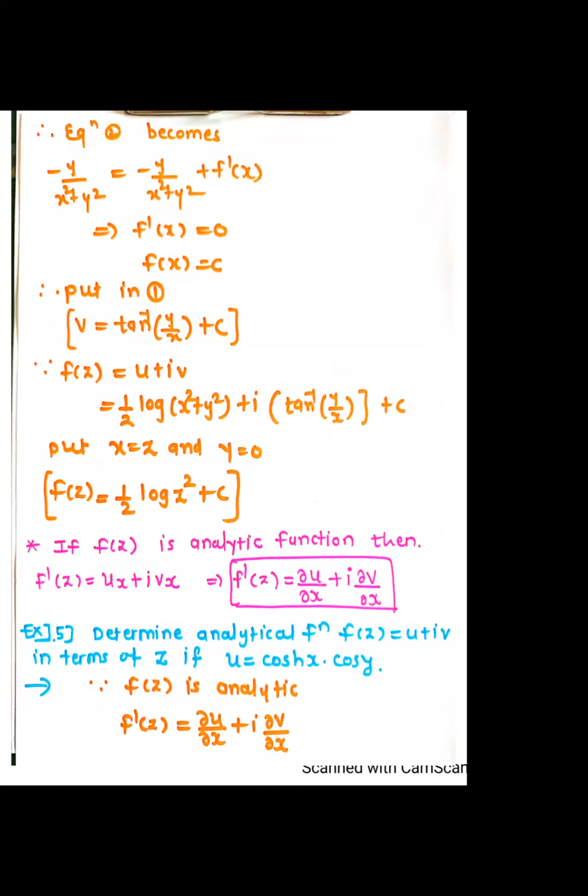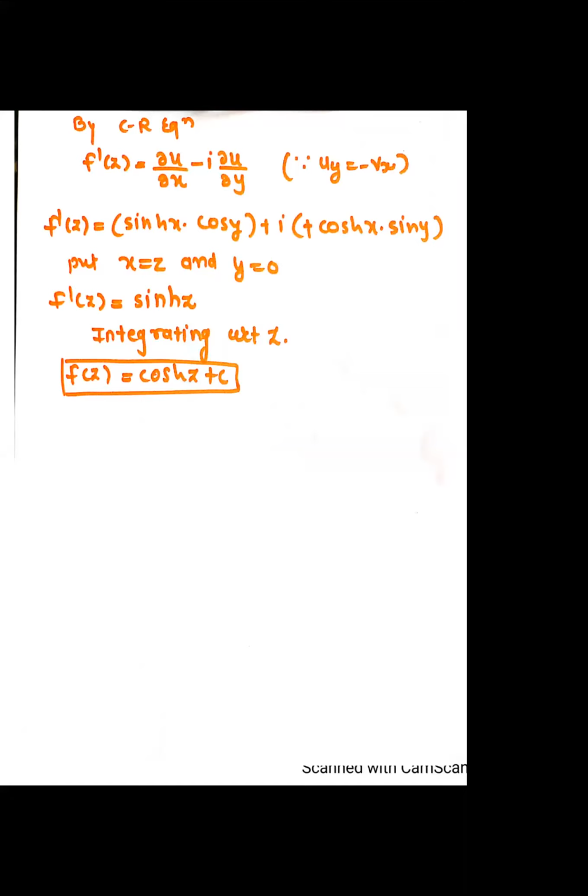Now with respect to y, cosh x will be as it is, and cos y, its derivative is minus sin y. So that minus and this minus will become plus. Minus sin y होईल ना, cos चा derivative minus. So this minus आणि याचा जो derivative घेऊन minus येईल, that will become plus. म्हणून मी इथे plus केलंय. Okay, so it is plus cosh x into sin y. So this is the function in terms of x and y.